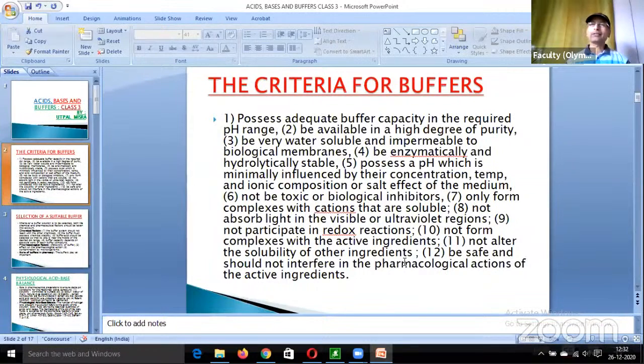So, as you are using the buffer system in pharmaceutical preparations, it should have these properties, such that it should not cause any harm to the biological system, as well as it should not